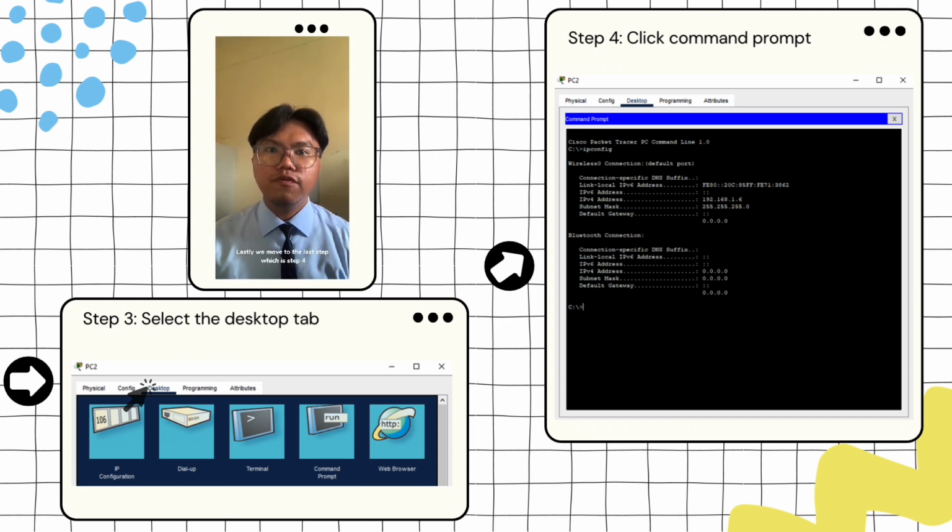Lastly, we move to the last step, which is step 4. Step 4 is to view the network configuration on your computer using the command prompt. Once the command prompt window is open, type the command ipconfig /all and press enter. This command will provide a detailed view of your computer's network configuration, including IP address, subnet mask, and default gateway